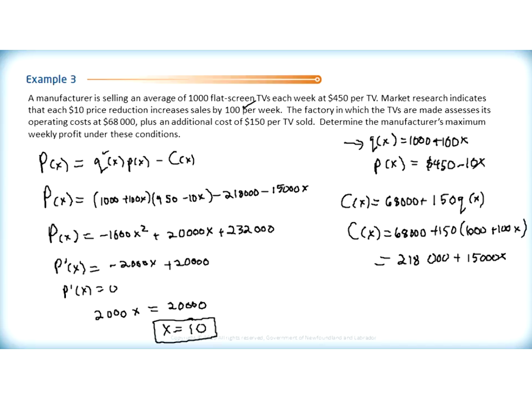So that says we should take $100 off the price of each TV, doesn't it? Because we're going to reduce the price by $10, 10 times. All right, so now they do ask us, however, what is the maximum weekly profit that this manufacturer can earn? So let's see. Profit at x we have already, so we're trying to find profit now when x equals 10. So that's going to be negative 1,000 times 10 squared plus 20,000 times 10 plus